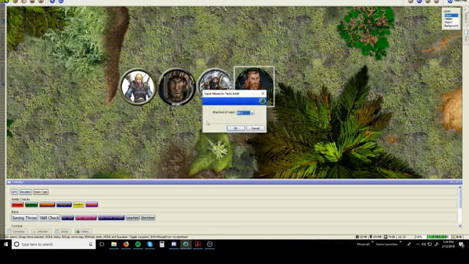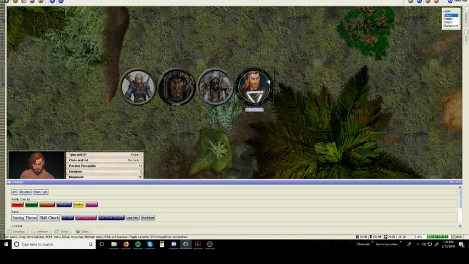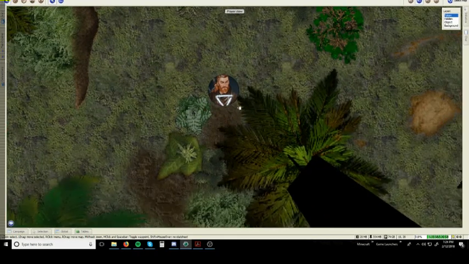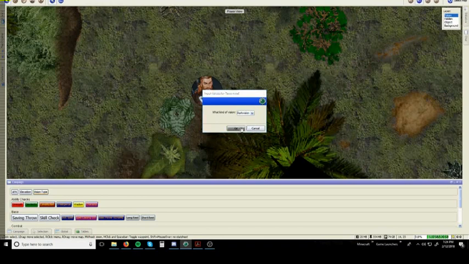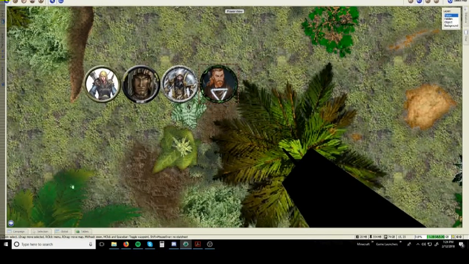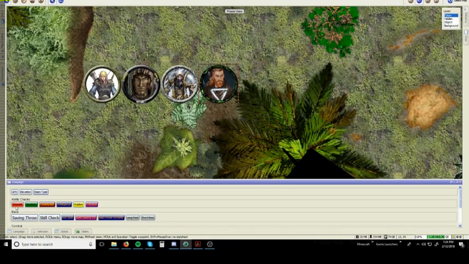If you change vision type, for example, by gaining the blind condition, you just click here, vision type, blind. Now I can't see anything. Holy balls, can't see anything. And we can just click that again and change it back to my normal vision, dark vision. And we're fixed. If I want to make any ability check, we can just click one of these, and